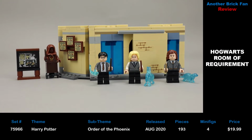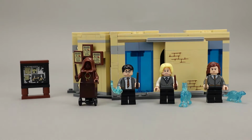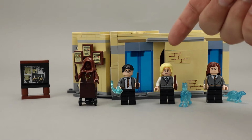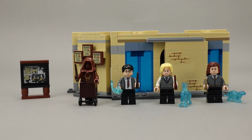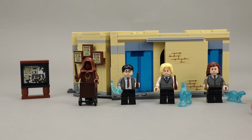This is set 75966, released in August 2020. It has 193 pieces and 4 minifigures, and cost about $20 when it was released. As you can see, this is a small representation of the Room of Requirement. It does come with these nice minifigures. One of them is this practice dummy, or practice mannequin. And then of course we have Harry Potter, Luna Lovegood, and Hermione Granger. And then they have their Patronuses. Luna had a rabbit as a Patronus and Hermione has an otter. We'll take a close look at the minifigures in a minute, but let's take a look at the main